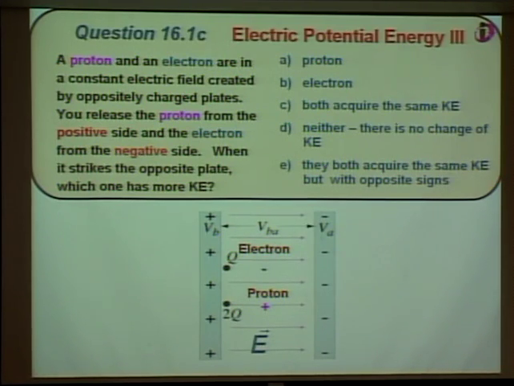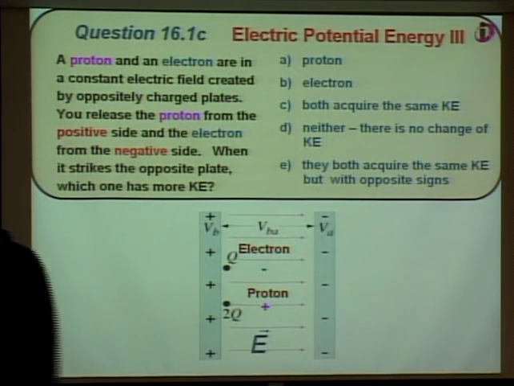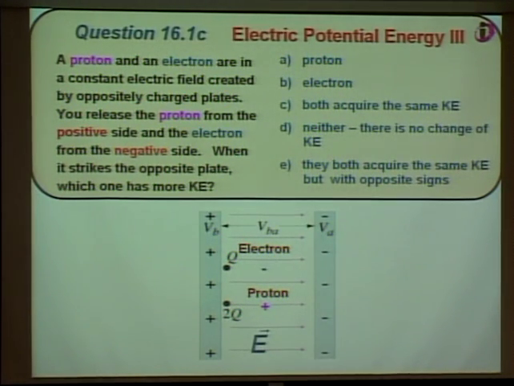Okay, Q times V. Is the charge the same for both of them? And the voltage is the same. One's just going from negative to positive, the other from positive to negative. Oh, but do they acquire different signs? No. QV equals KE. So I think the answer, if you